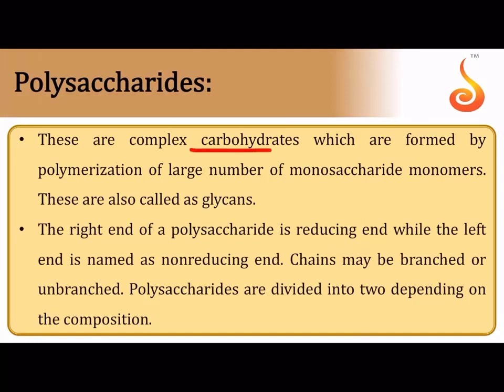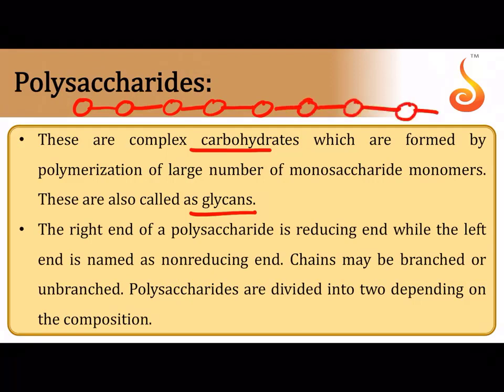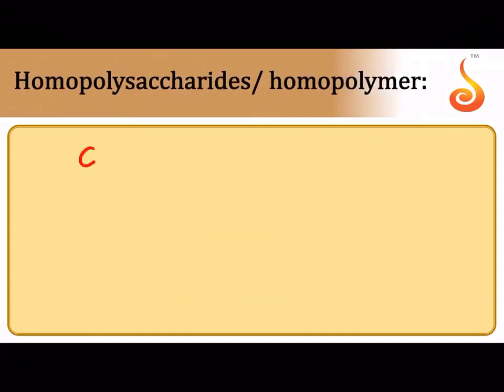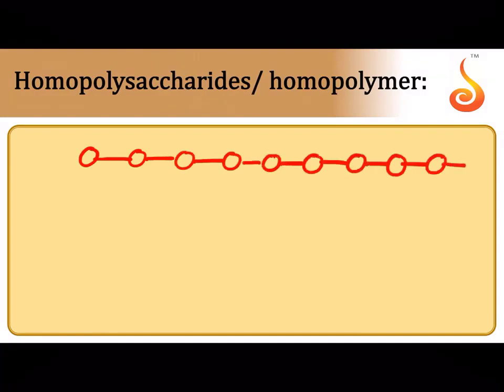Polysaccharides are complex carbohydrates. They are called polyglycans. Polysaccharides have more than 9, that is more than 10 sugar units. I told you that they have n number of beaded structures. Each beaded structure is a monosaccharide, and depending on whether the beads are the same or not, we can classify them as homopolysaccharide or heteropolysaccharide. In a homopolysaccharide, all the beads are alike. The beads that are making up a polysaccharide, all of them are alike.